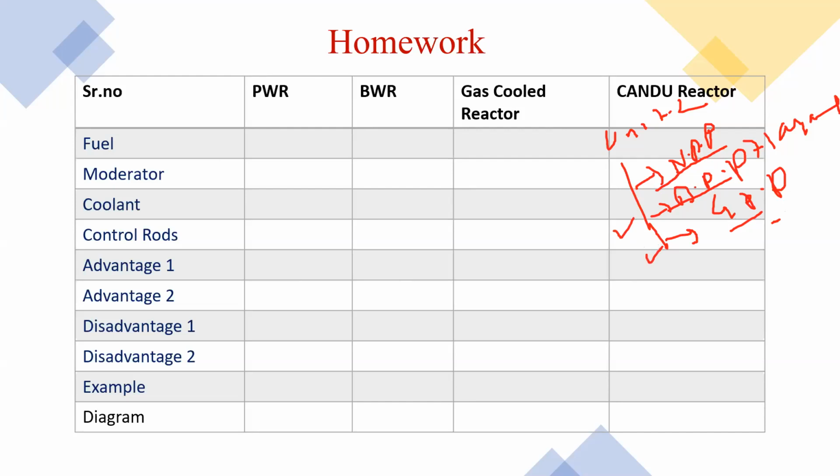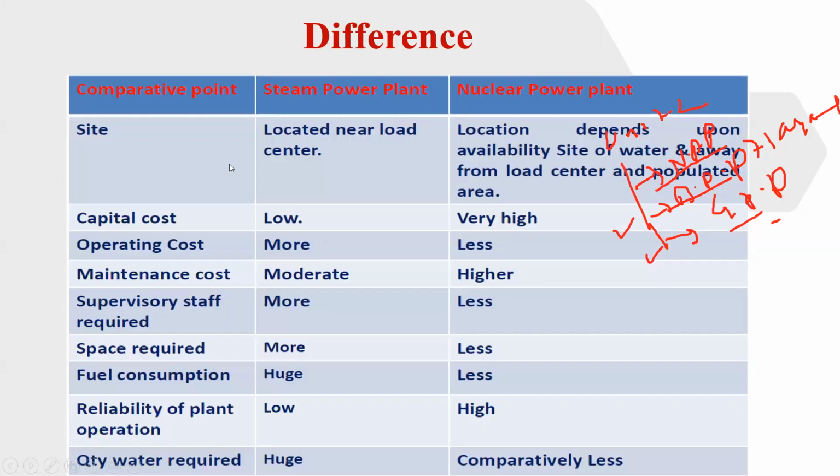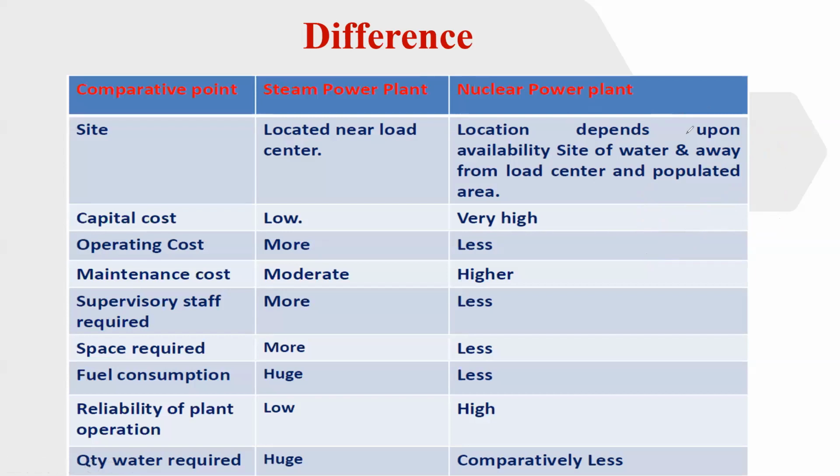Now the next point is, sometimes in the exam they ask general questions. What is the nature of general questions? Just carefully listen, sometimes they ask in the exam for 6 mark questions: explain the difference between steam power plant and nuclear power plant. This is a general question. Sometimes they ask what are the advantages of steam power plant over the nuclear power plant, or what are the advantages of nuclear power plant with respect to the steam power plant. Whatever the nature of the questions.